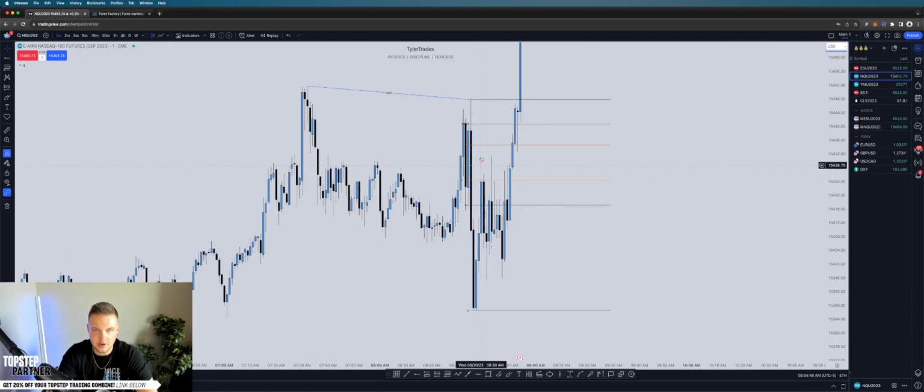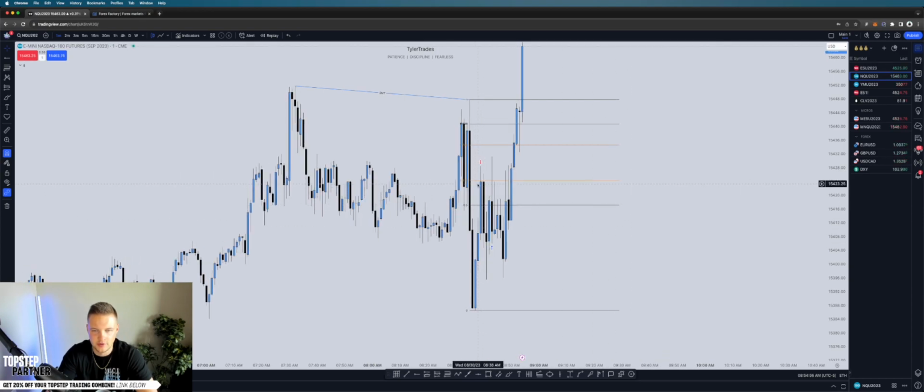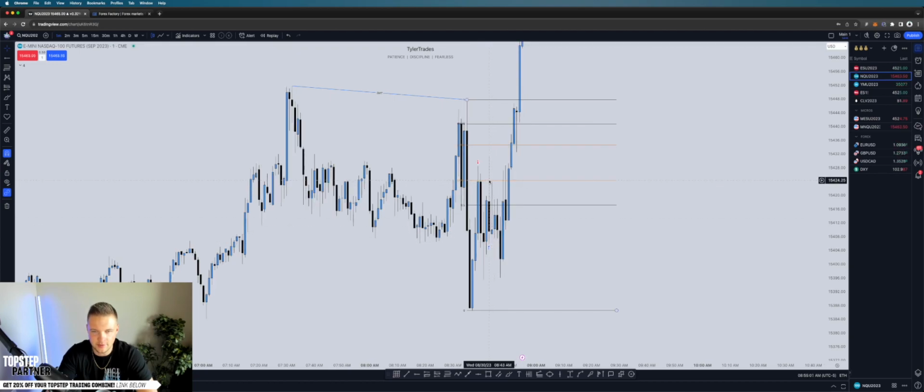So this was the sell right here. Had the sell limit set right at OTE. Was sending it right as this candle was pulling up, and it was very, very fast, very quick. And then this candle right here, when it came back, got stopped out at break even.